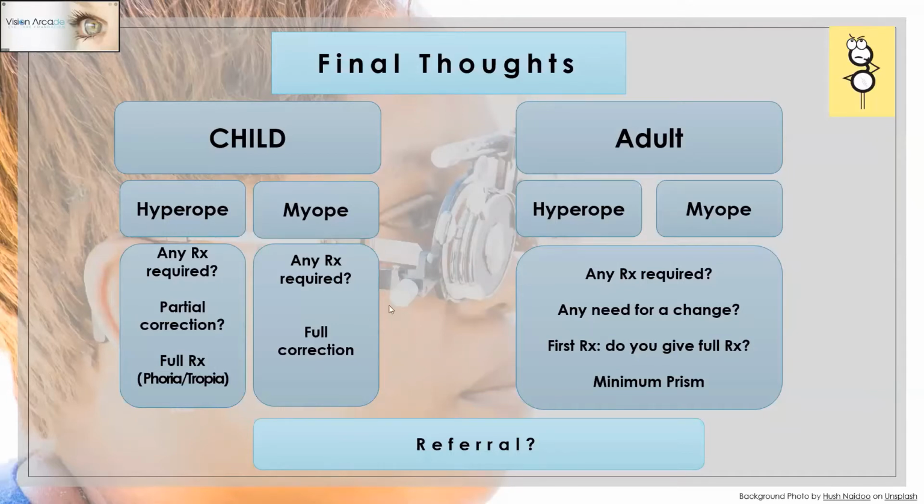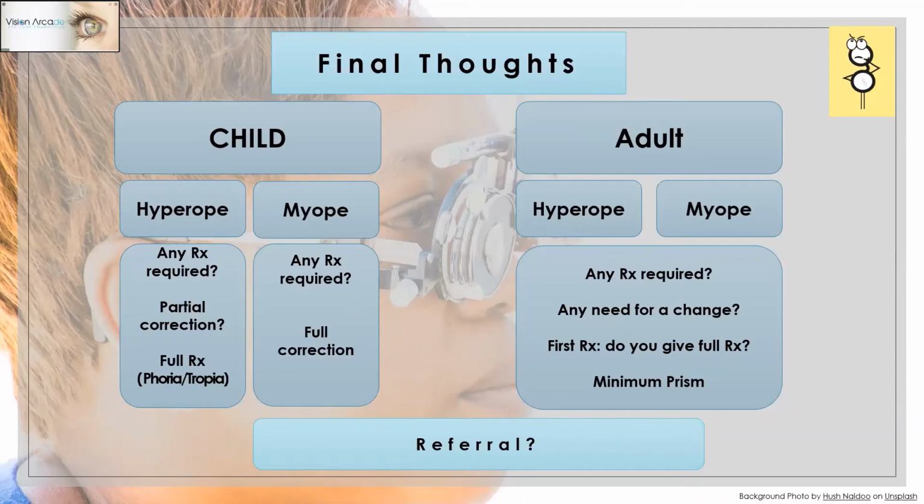For a myope, if there's a significant prescription, then you should give full correction because partial correction could lead to progression of myopia. Now we're thinking for adults, hyperope or myope, is there any prescription required? If it's an old patient or a returning patient, do they need a change? So say a patient comes in, there's no change, or previous with the current glasses, there's no complaint, no issues. Would you want to change that? I'd rather leave it. If it's the first time the patient is coming in, is a hyperope, they're having problems,